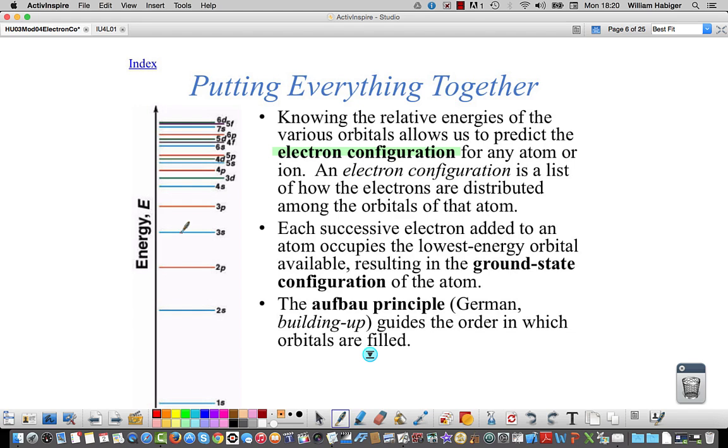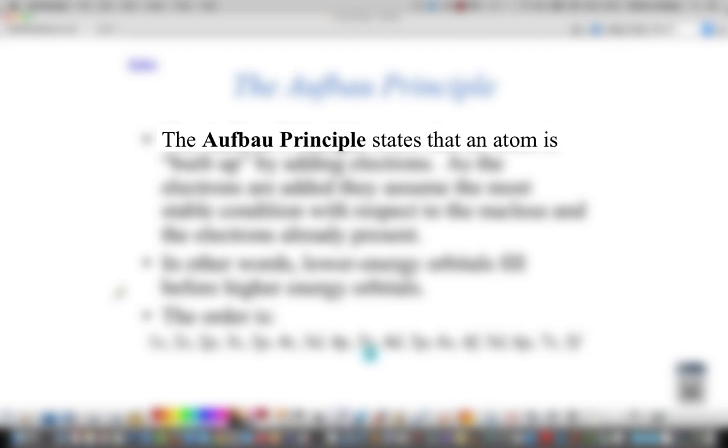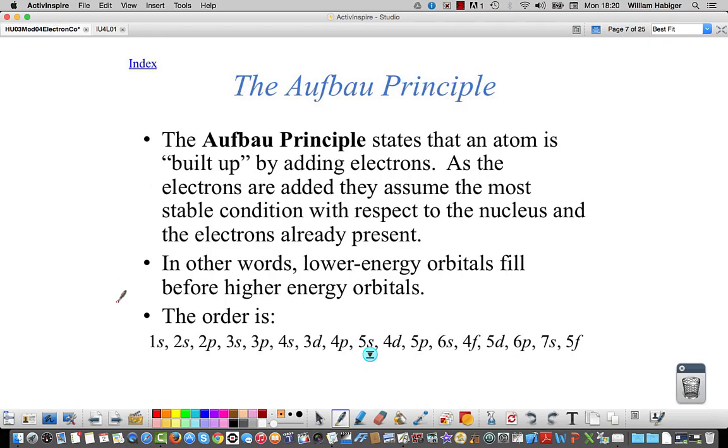If the electron configuration has all the electrons in their lowest possible energy level, we can also call it the ground state configuration. The Aufbau principle, which is German for building up, basically states that the lower energy orbitals fill first. The order is as follows: 1s, 2s, 2p, 3s, 3p, 4s, 3d, 4p, 5s, 4d, 5p, 6s, 4f, 5d,